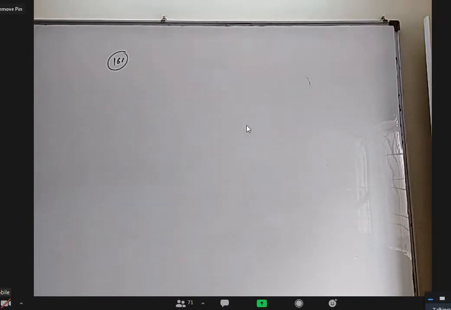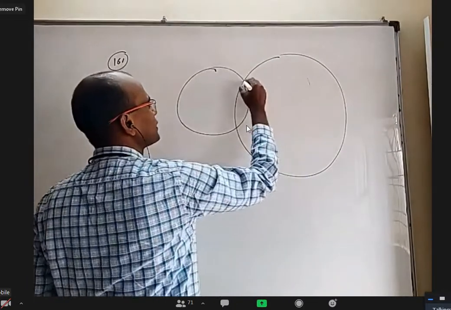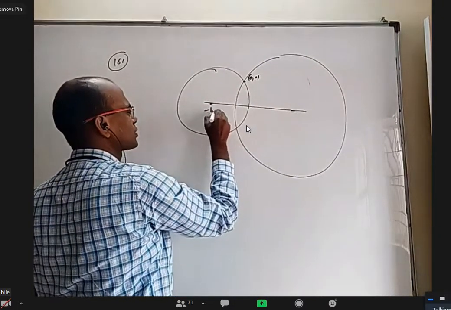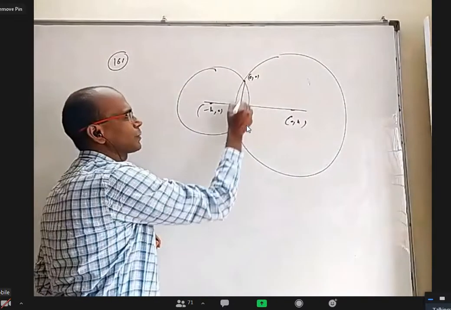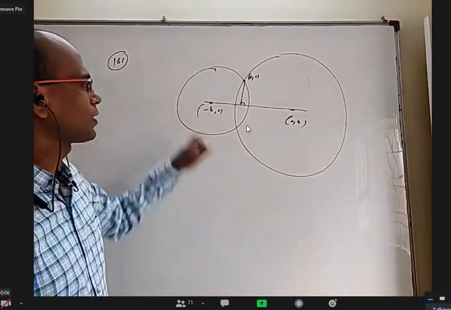So if you know one of the points of intersection, what is the advantage? The two circles are like this, maybe different radius, but I know this is origin, and I know this center is minus h comma 0, this center is 0 comma k. Simply find this perpendicular distance, double of that is answer, right? Yes, sir. What is the equation of this line?